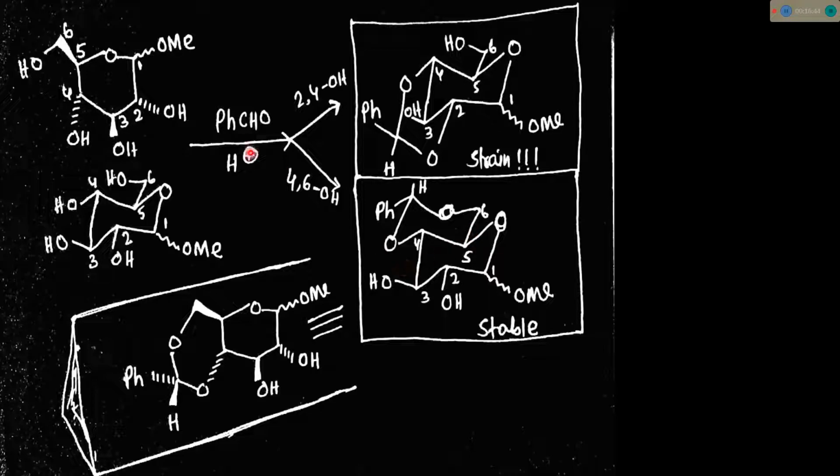So, and if the 2, 4 OH groups, which are already 1,3-diol positions, take part in these reactions, then we will get a highly unstable molecule. So though the 2 and 4 OH groups are in cis manner, and 4 and 6 are not completely cis or completely trans, still in this case 4 OH and 6 OH take part in the reactions to form a stable molecule, like a newly formed chair resting